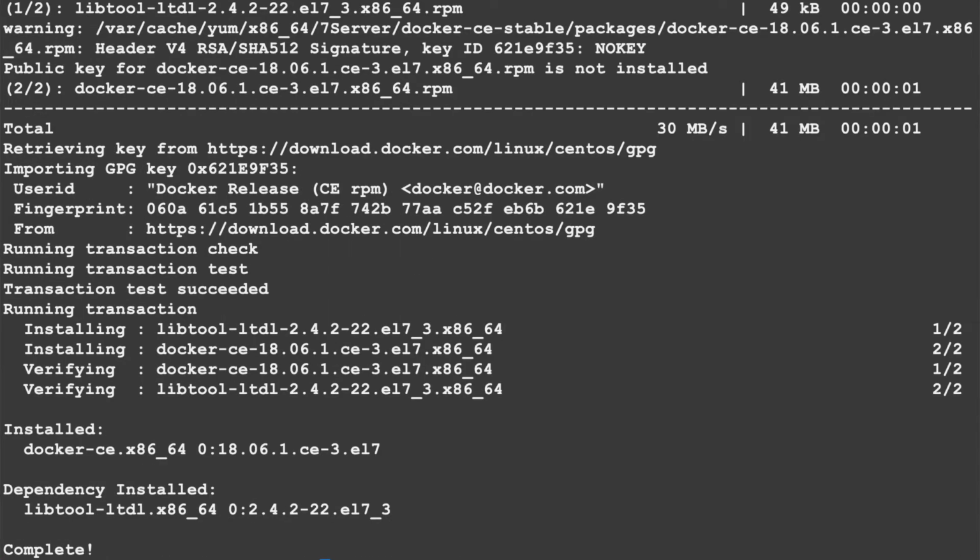Remember one thing, all these steps are only for Red Hat Enterprise Linux. These steps are the same for CentOS also, but for SUSE it might be different. For Amazon Linux it might be different. In case of Amazon Linux, it will be more or less the same, but for SUSE and Ubuntu, it will be drastically different. For Ubuntu, definitely it will be drastically different. So go through the Docker installation documentation for Ubuntu and SUSE. This is only for Red Hat.